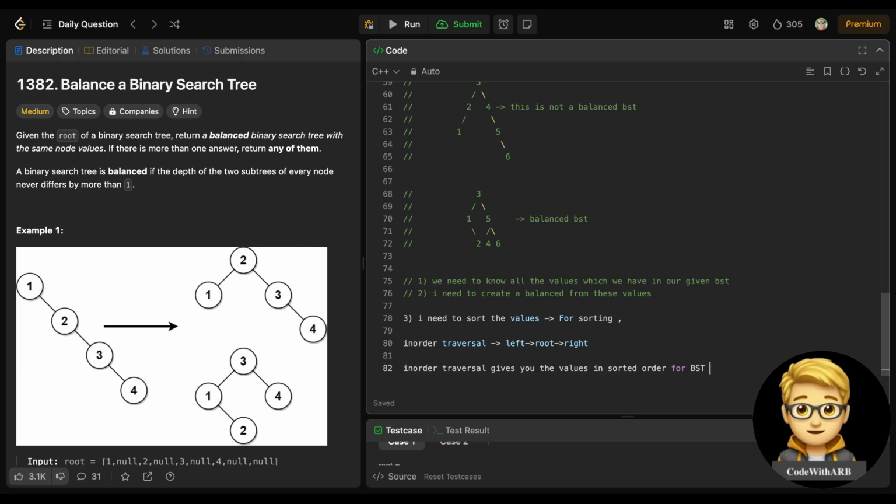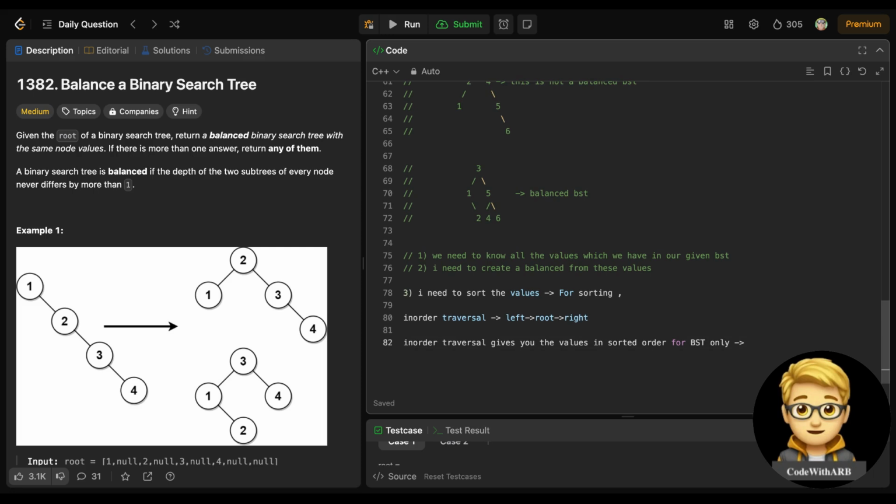For BST only, it gives you the values in sorted order. So if I move in-order traversal for this BST